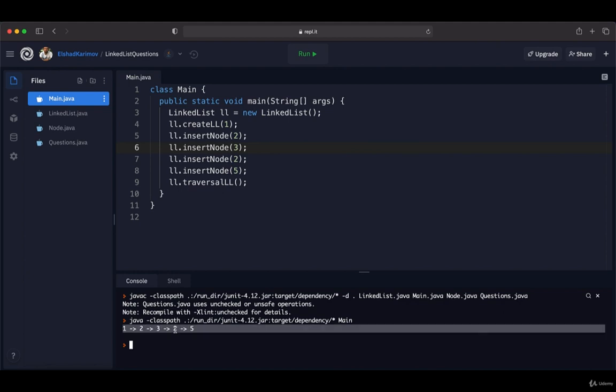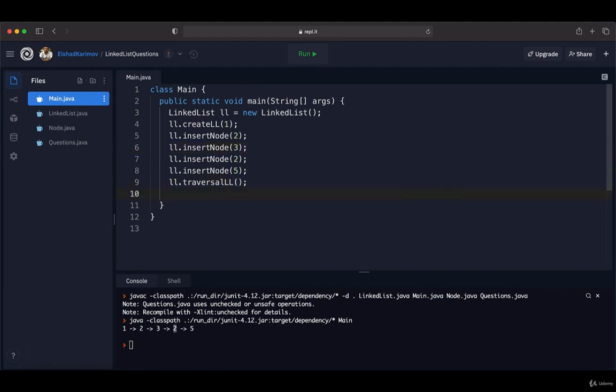If you call our method for this linked list, it has to delete this 2 from the linked list. Now let's call our method. After traversal, I'm going to create an instance of the questions class that we created, so it's going to be q equals new Questions. Then I'm going to call the delete duplicates method for this linked list. After doing so, I'm going to call the traversal method one more time to see the differences after deletion. So if I run our code,